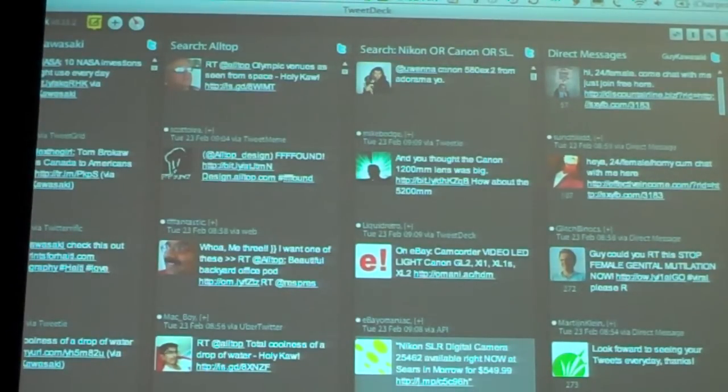So this column shows that search as a TweetDeck column. Okay? So when you really get into it, you probably won't be using just the web page. You'll be using a client like TweetDeck or Seismic, something like that. But I happen to use TweetDeck because I have a very